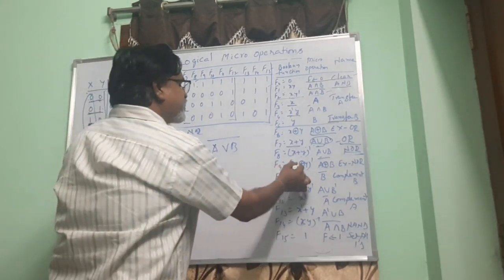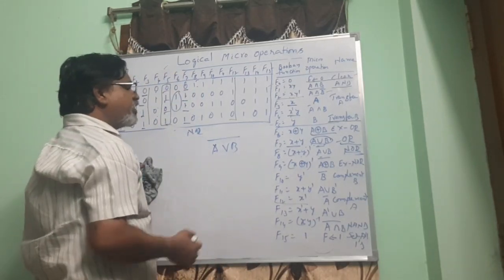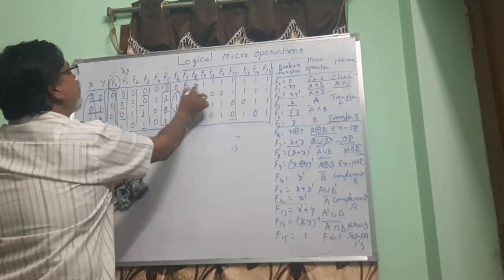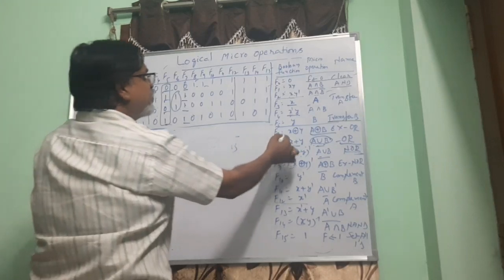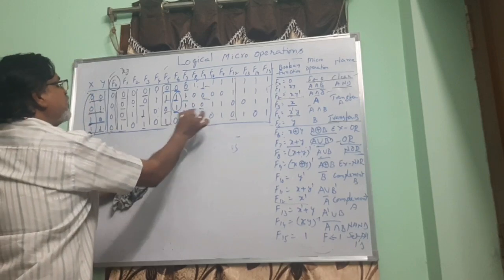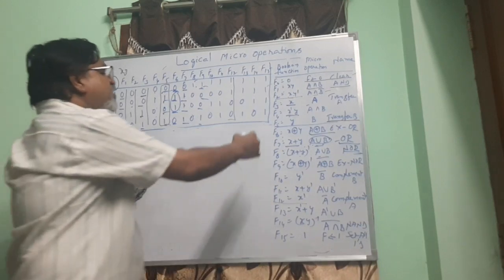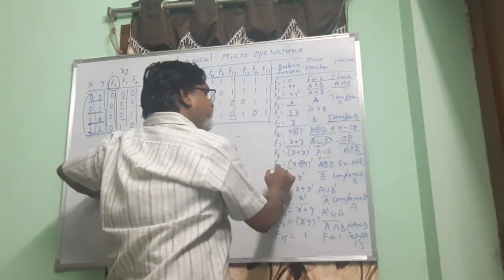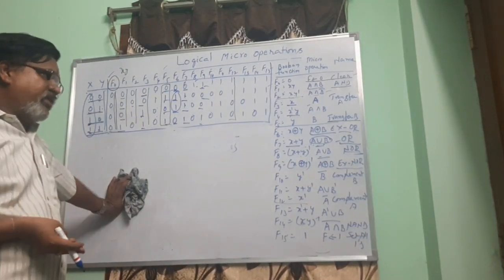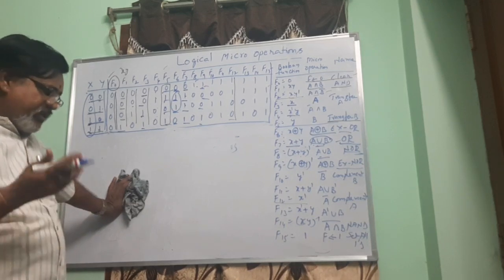Now F9, exclusive OR complemented. See, exclusive OR complemented is XNOR. Which one is exclusive? F6. So F6 is 0 1 1 0 and F9 is 1 0 0 1. So F9 is just the complement of F6. F6 is exclusive OR, whereas F9 will be the exclusive NOR. So the AND gate is over, clearing is over, XOR is over, OR gate is over, NOR gate is over, and XNOR is over, transferring is also over.